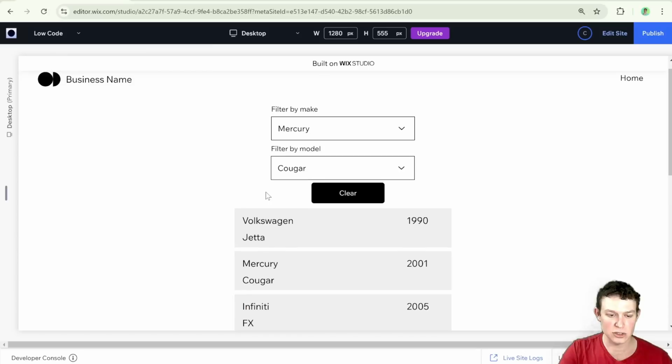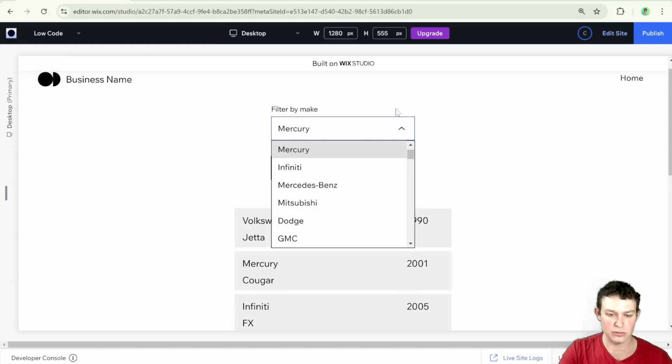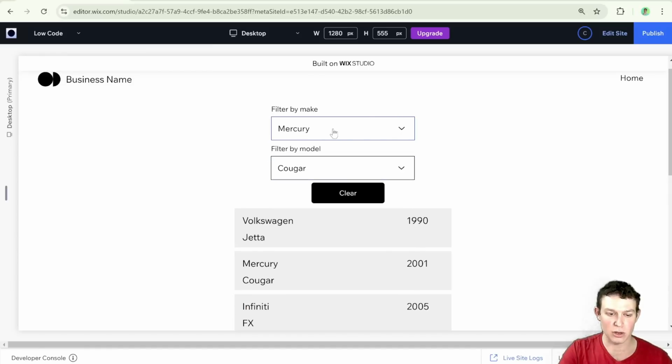One thing that it did not do is change our dropdowns. So our dropdowns are still set to Mercury and Cougar, which is not optimal. So the next thing we're going to do is make sure that we reset the values of our dropdowns alongside